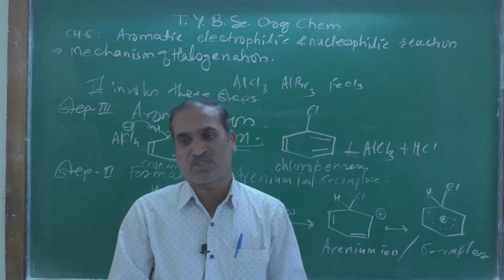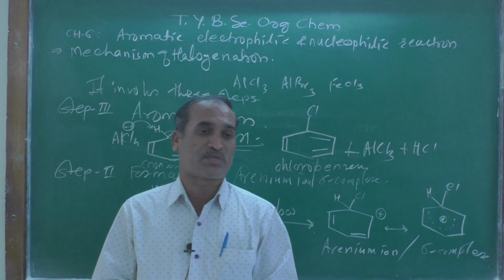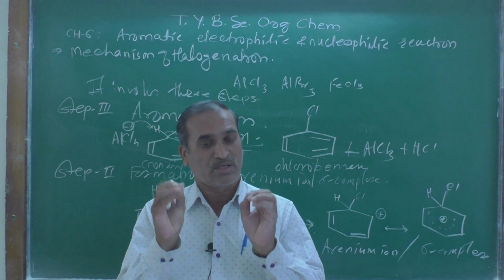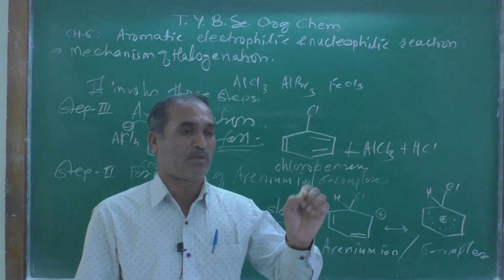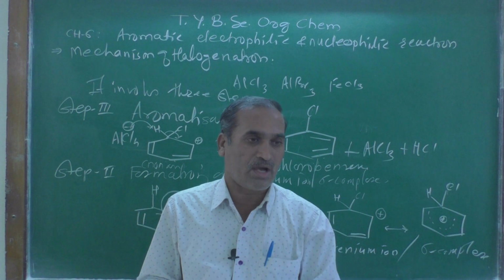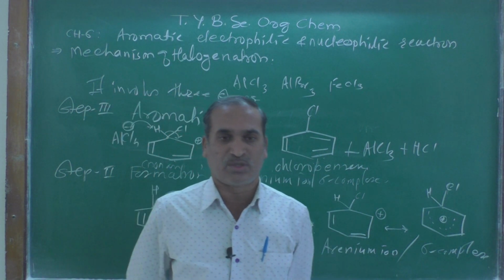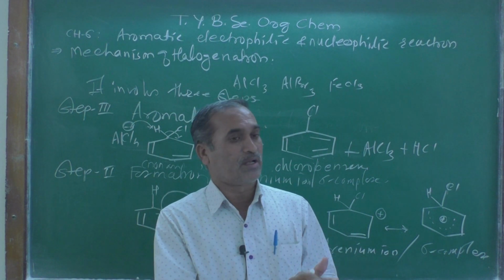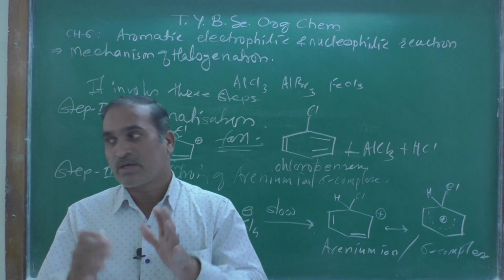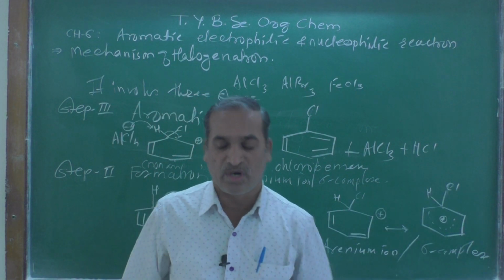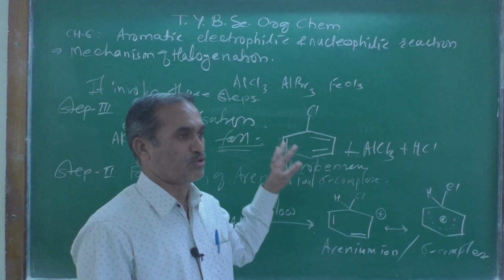In a sulfonation reaction, there are 4 steps, and in some experiments a kinetic isotope effect was observed. kH upon kD is found to be 2, meaning the reaction is exactly double in this case, and so the kinetic isotope effect was observed in sulfonation, but in this case there is no kinetic isotope effect, and